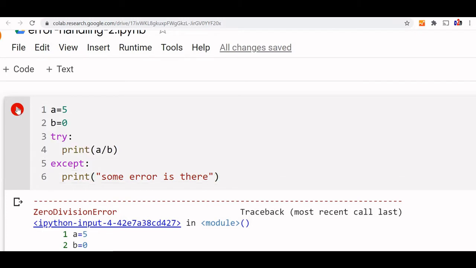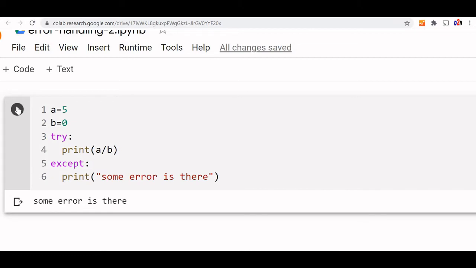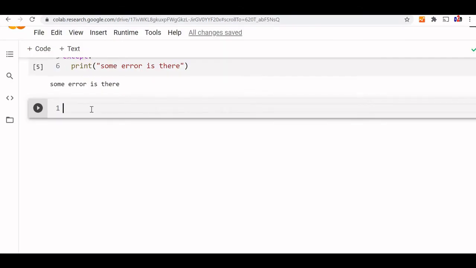Now let us run this code. Some error is there. We know what the error is, but this is a simple code. Instead of stopping and abruptly showing a very nasty message, we have given a smooth message that some error is there. Now we'll slowly boil down to specific errors and give a user friendly message about what has gone wrong. We can read the system generated message also. We'll come to know what the system has identified as the error.